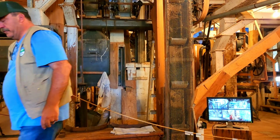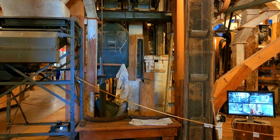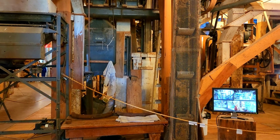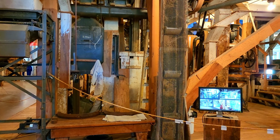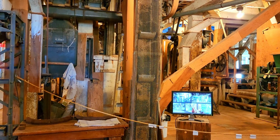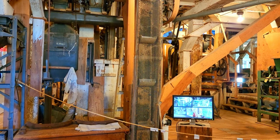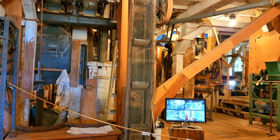So this is how they would move the grain around throughout the mill to get it from one area to the other. Okay? Most of the time, the grains go up and down numerous times in their life here. Karen's going to turn them on for you. So you want to watch over there, watch over here. So where to watch again? Look at